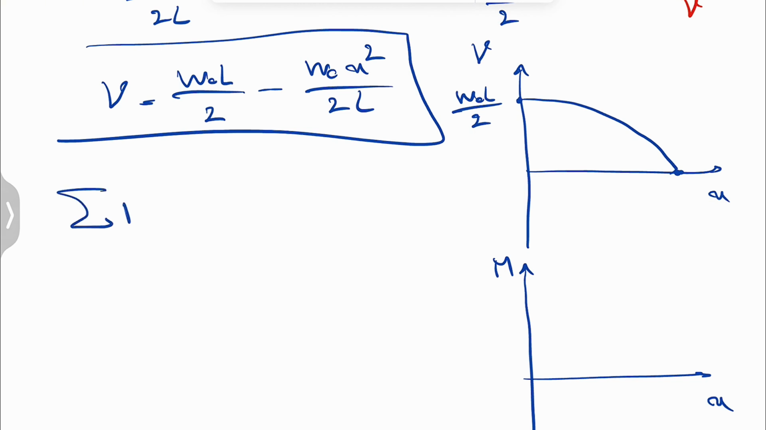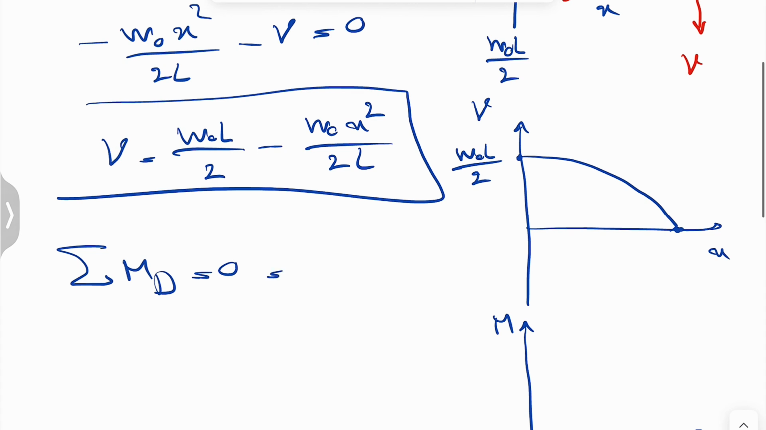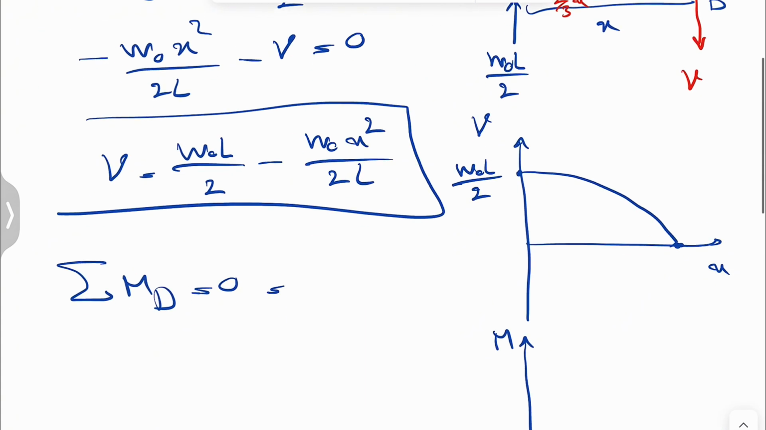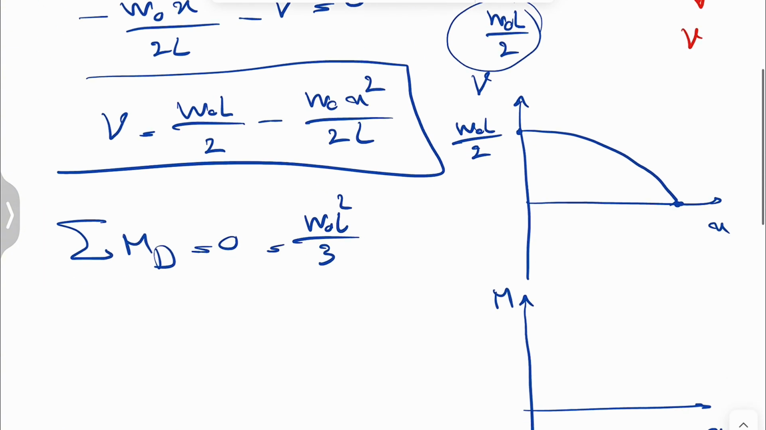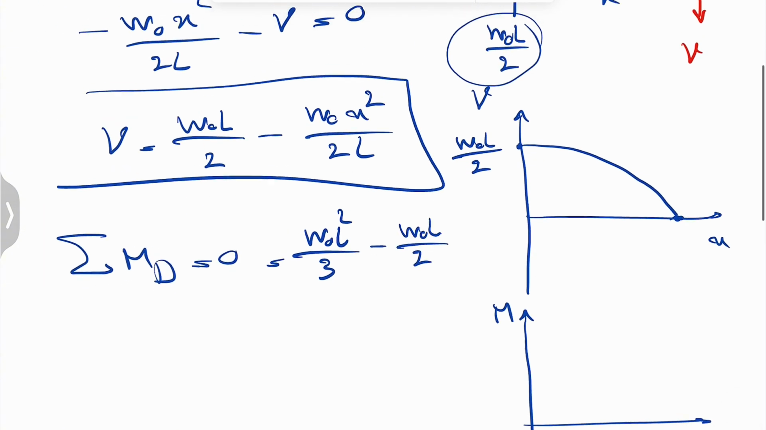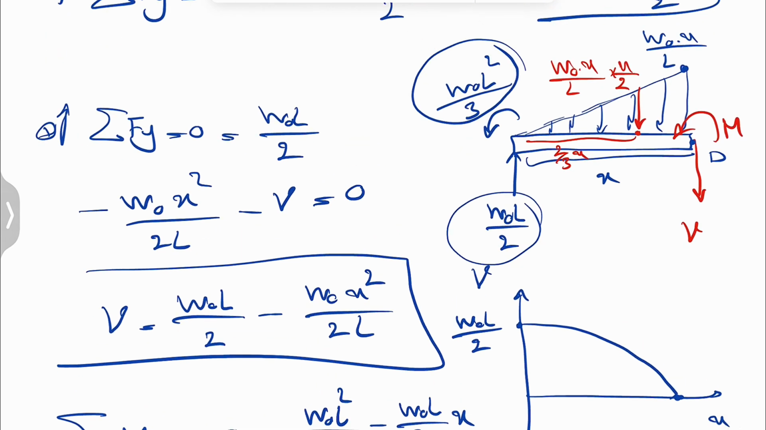For the bending moment, we're going to find the moment about d equals 0. And let's see what we have. So we have the moment of the reaction, which we can figure out is positive. So W0 L squared divided by 3. We have the moment of this force about D, which is clockwise, so negative WL divided by 2, and the distance is x. And the last thing is the moment of our distributed force, which is this one. We can see it's counterclockwise, so positive